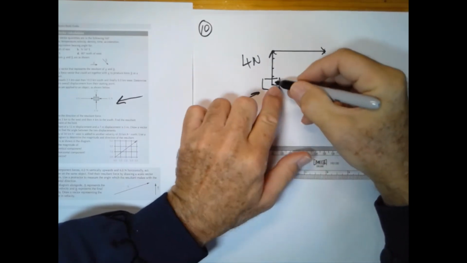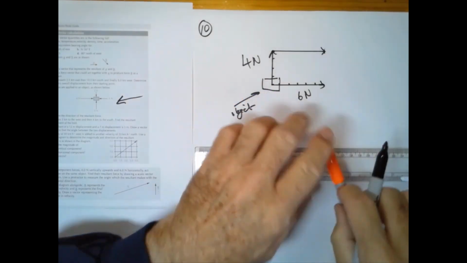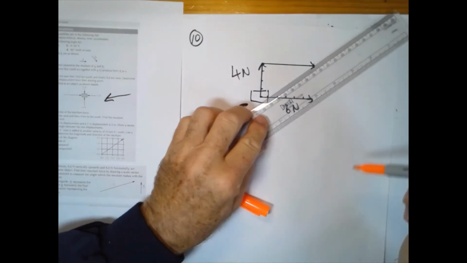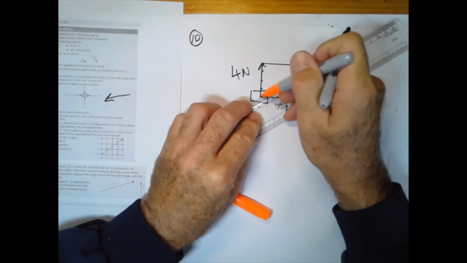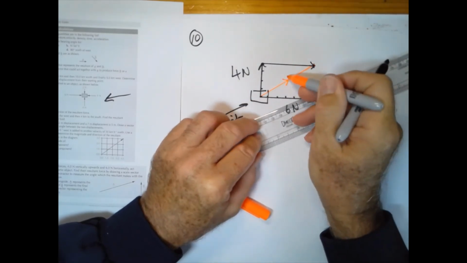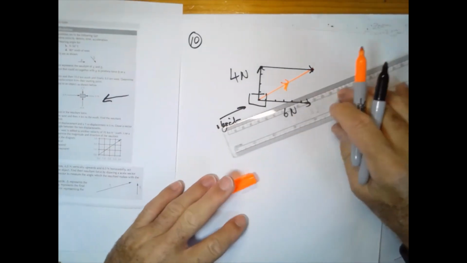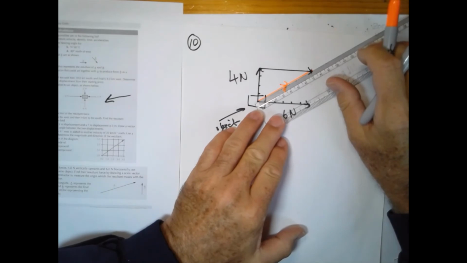This vector plus this vector is equal to this vector here. Because it's a scale diagram, we can actually read off the length because we've drawn it very carefully, and our length is 7.1